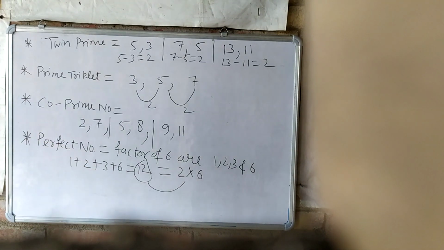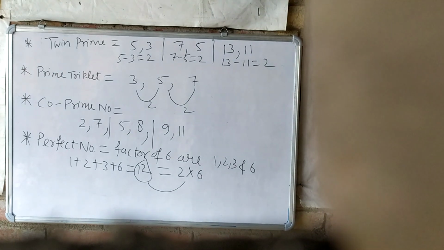Then what are co-prime numbers? Here in co-prime numbers, we just need to see that there is only one common factor, and that is 1. Understand? Though it is written there co-prime, that doesn't mean that we will only see in prime numbers. It can also be a non-prime number also. But what happens? Both the numbers have only one common factor, that is 1.